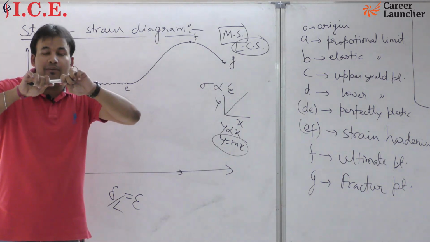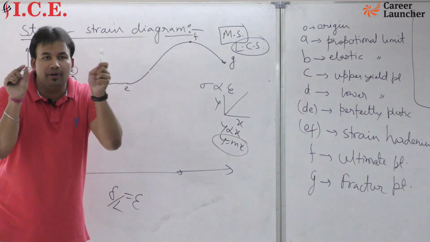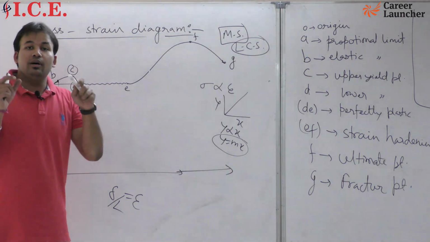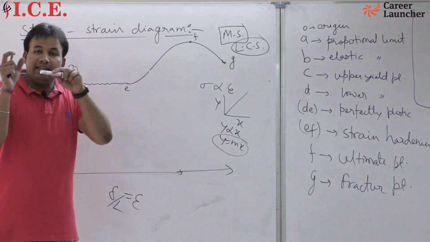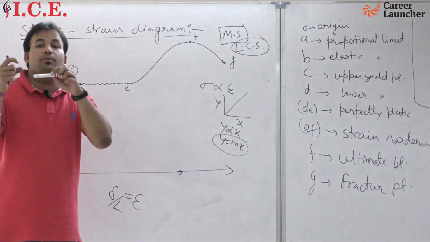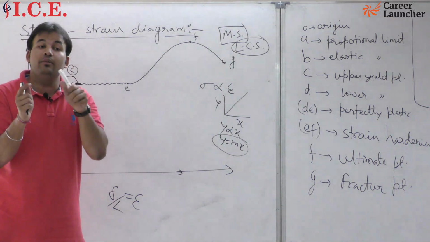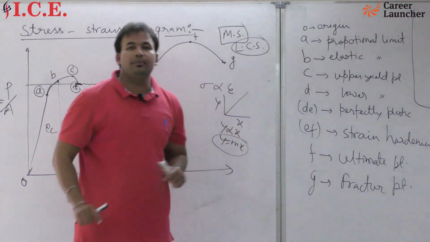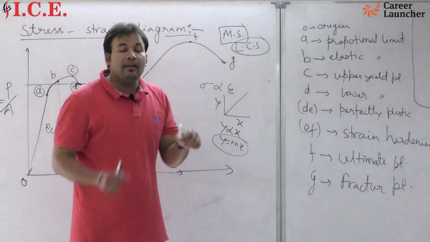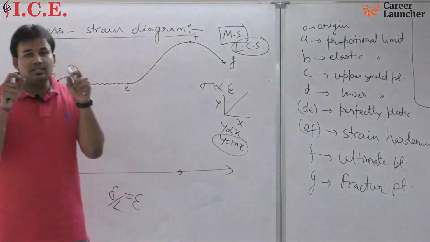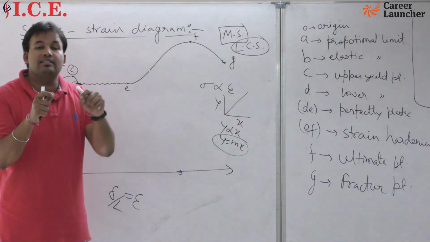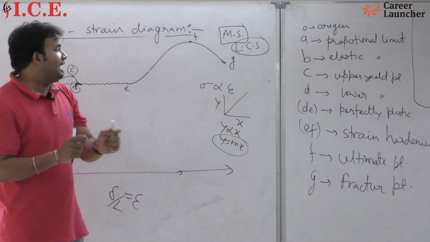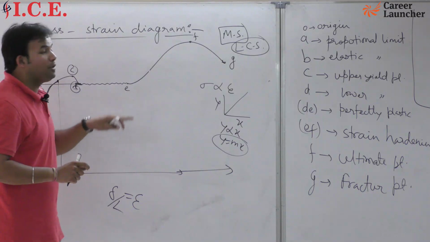अगर कोई चीज खींचोगे आप तो diameter छोटा होगा, length बड़ा होगा, and in that region from D to E the proportion of decrement of diameter and the proportion of the increment of length will be same. That's why we said that D will be your perfectly plastic. आ रही बात समझ में? D रीजन में क्या होगा? जिस proportion से diameter कम हो रहा है, same उसी proportion से length will increase. So we will say that your point D to E region will be